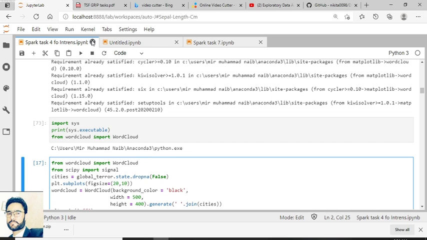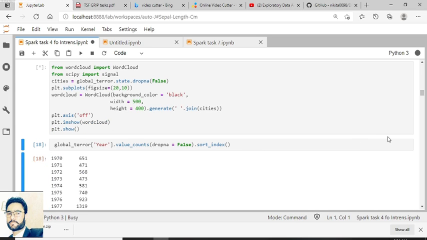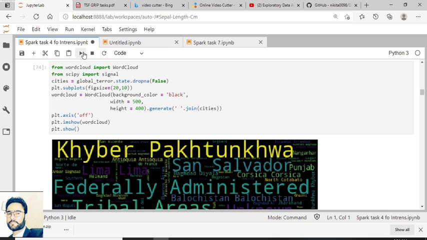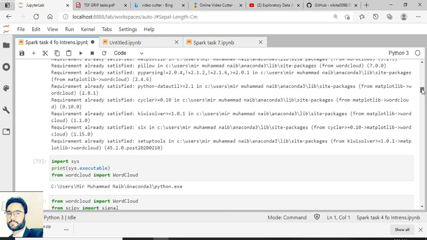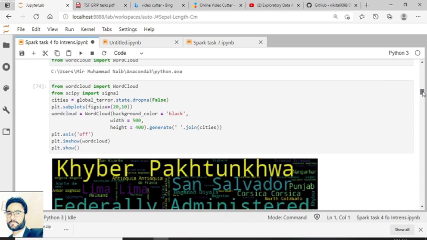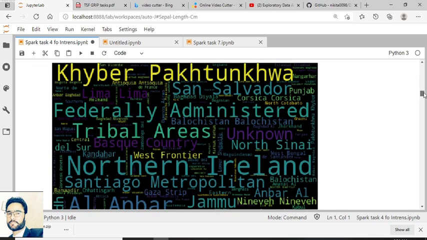So once again, just execute this one and run it. It shows what we had mentioned: Khyber Pakhtunkhwa and the Federally Administered Tribal Areas are those areas where terrorist attacks occur.